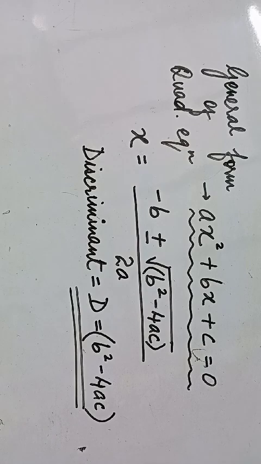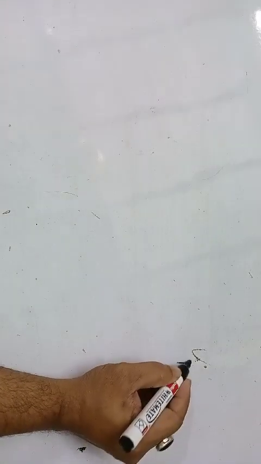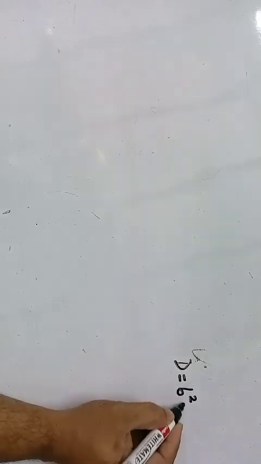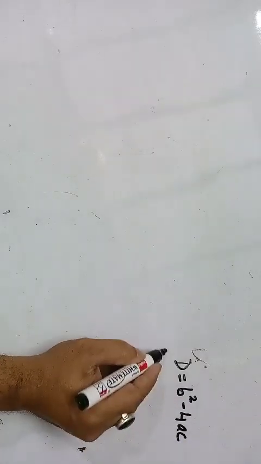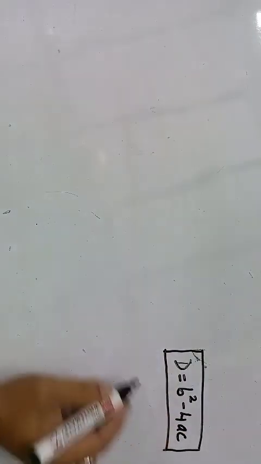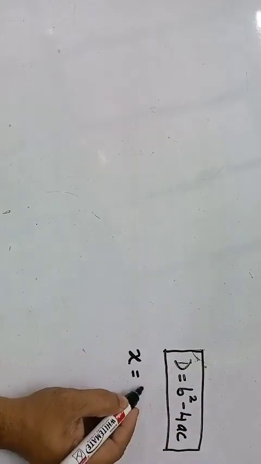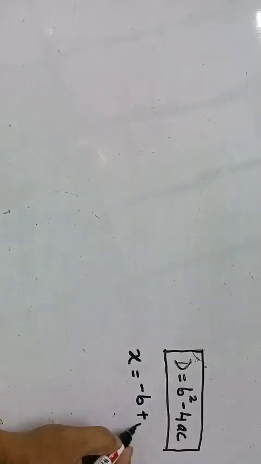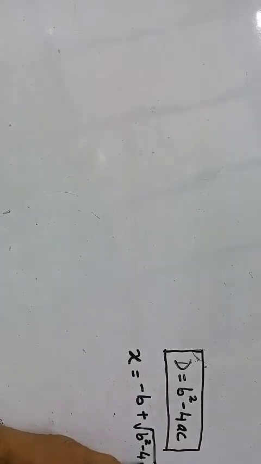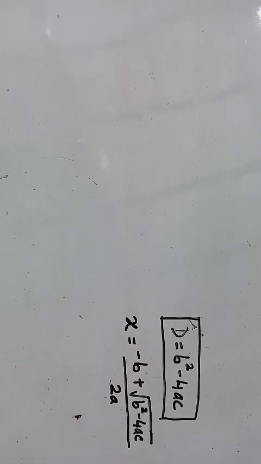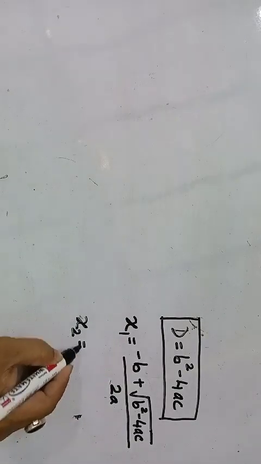Okay, so it is this discriminant that we will use to find out the nature of the roots in any given quadratic equation. Okay, so now let us move ahead and take some examples. While we take examples, I will keep this discriminant written over here. So we have D is equal to b square minus 4ac. That is my discriminant formula. Okay, and my roots, I will have this root also written, minus b plus root b square minus 4ac upon 2a. Okay, so this is my first root, let me call that x1,